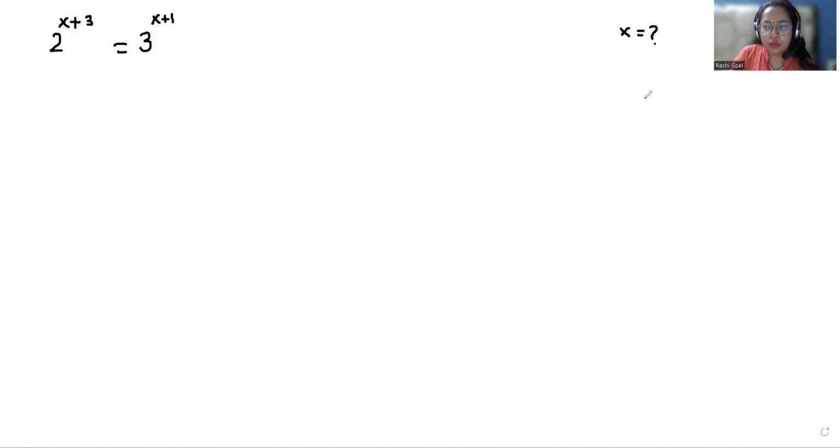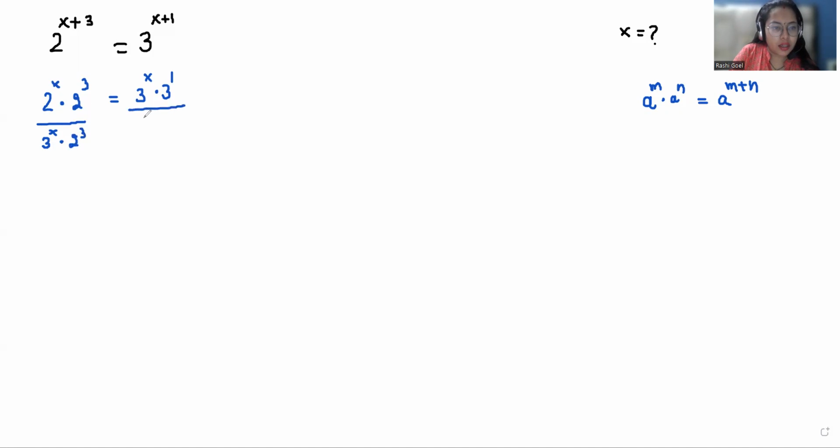So as we know the rule of exponent, that is a power m times a power n, we can write it as a power m plus n. So similarly we can use this rule. So we can write 2 power x times 2 power 3 is equals to 3 power x times 3 power 1. Now on left hand side we'll divide by 3 power x times 2 power 3 and here also